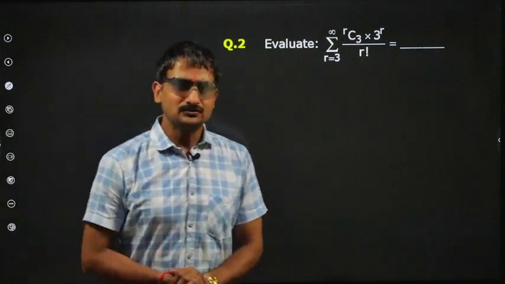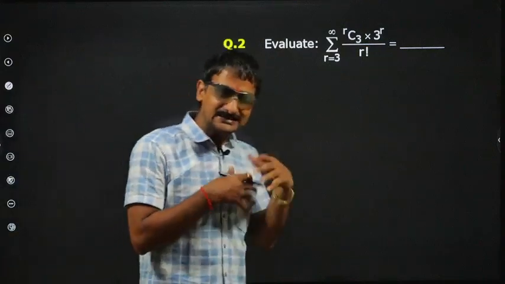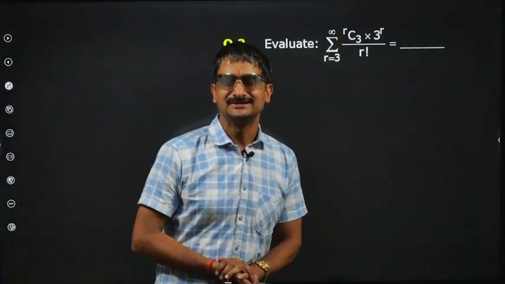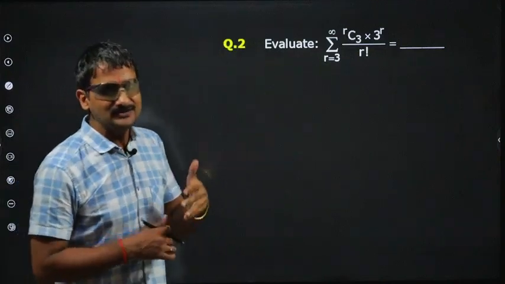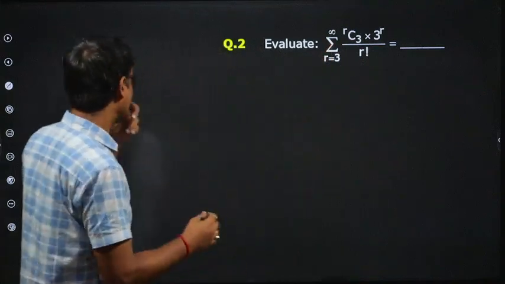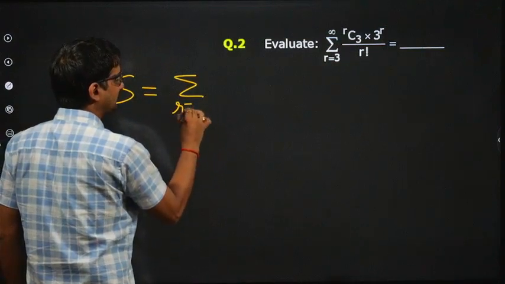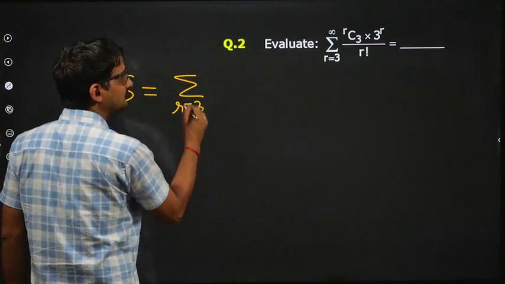Now moving ahead with the question of binomial here again. Is it a question of binomial? I deliberately gave this question under this chapter because of the presence of this term RC3. So let's start. We have to evaluate the series, which is the summation over R, where R goes from